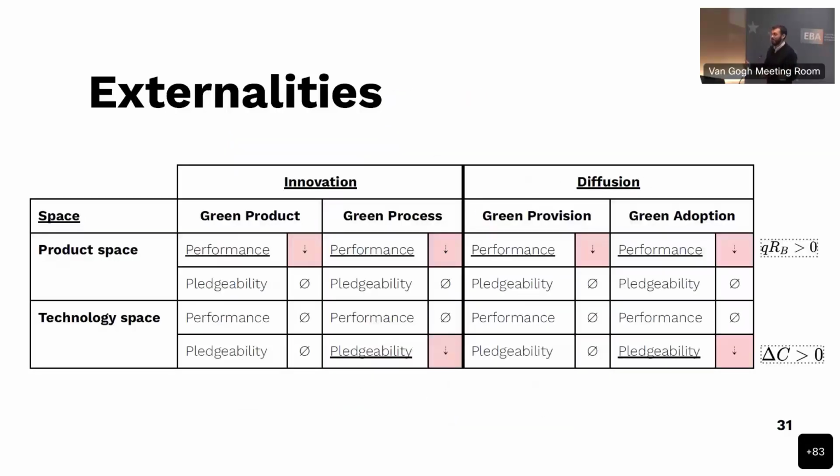All right, so you can move on two slides, because I'll just summarize this. And so this is what we find, right? In terms of performance, any green activity reduces the performance of other firms if they are close in the product space, if they are close in their outputs, if they sell the same thing, if they compete in the selling. In terms of collateral, green activities, in terms of green process innovation and green product adoption, will reduce the collateral value of firms competing in the technology space. So firms that compete in buying stuff, right, in the inputs.